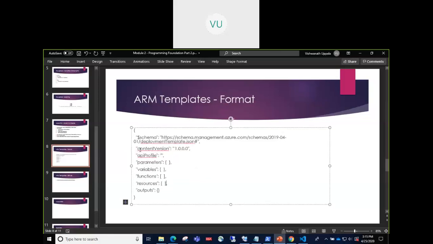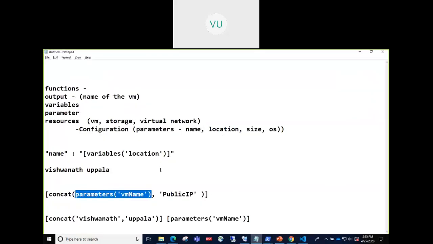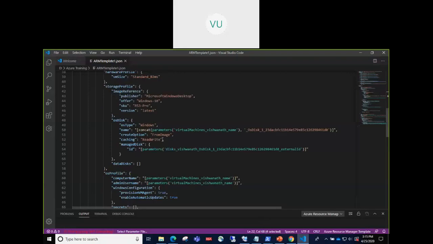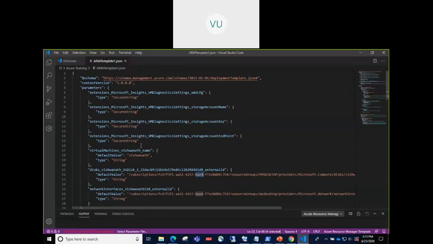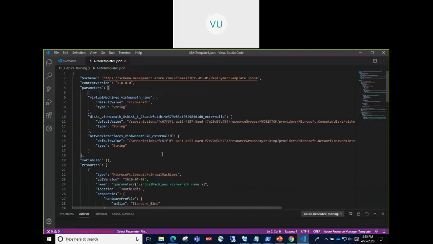Once you understand this structure, try understanding what the parameters are. Try playing with parameters. Try giving different parameters, and take that template and try editing the parameter sections. So let's say you want to create a parameter. We have these parameters, right? If we don't want these parameters, we can go and delete them. Extensions is something optional, not mandatory, so we can delete this. So try editing these templates.